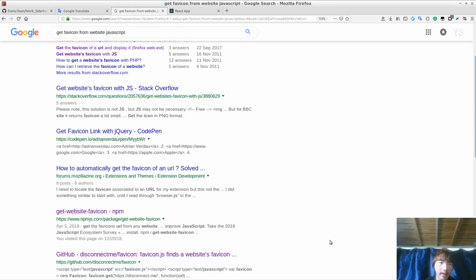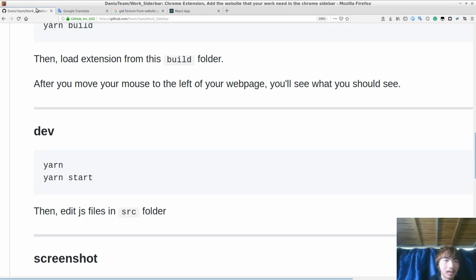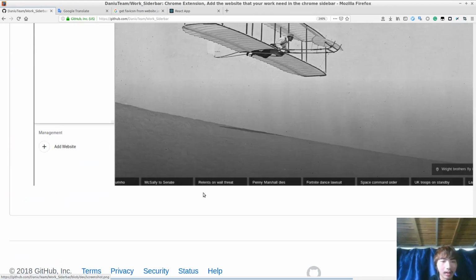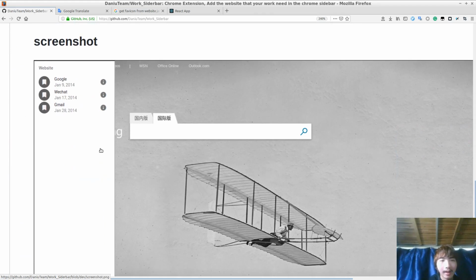We cannot just get the favicon from the front end, from the browser, but we can do it in a local environment, for example using Python, Node.js, or anything like that. But with that, we cannot make the project right. In this project, we have to get those favicons in the browser in real time. So probably that feature is not